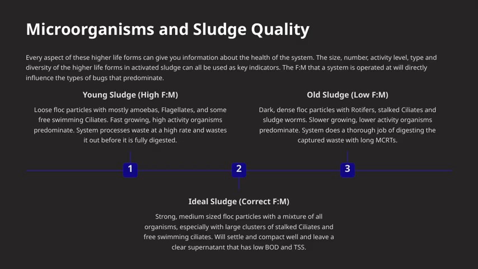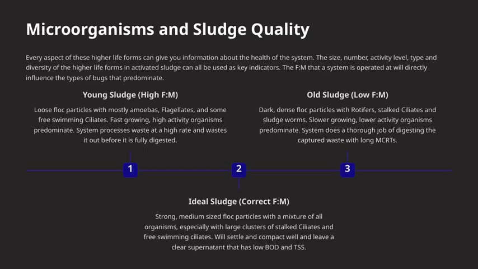Next, we have what we call ideal sludge, which results from a correct F/M ratio. In this case, you'll find strong, medium-sized flock particles with a diverse mix of organisms. Notably, you'll see large clusters of stalked ciliates and free-swimming ciliates. This balanced community allows the sludge to settle and compact well, leading to a clear supernatant with low BOD and